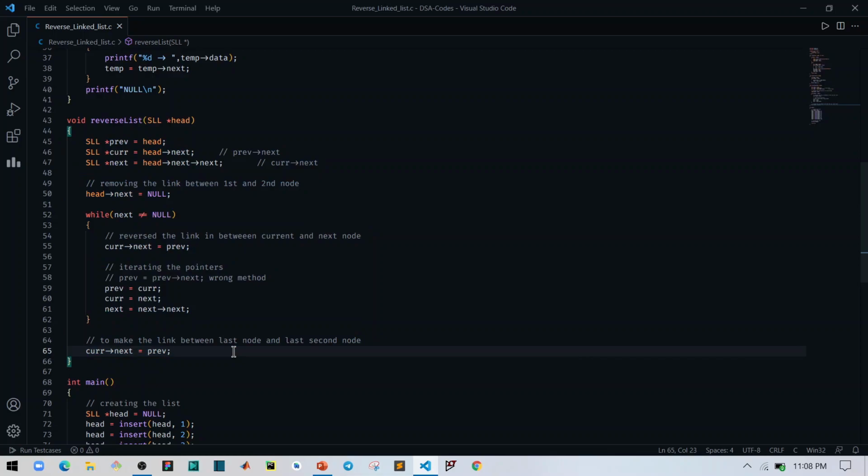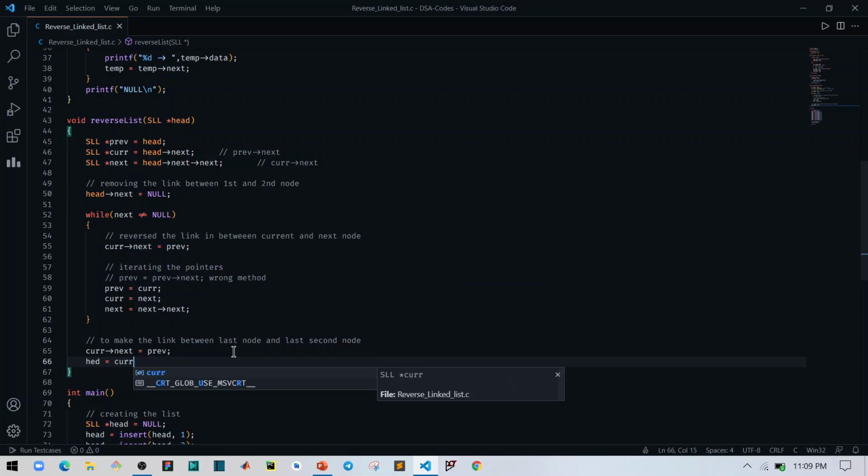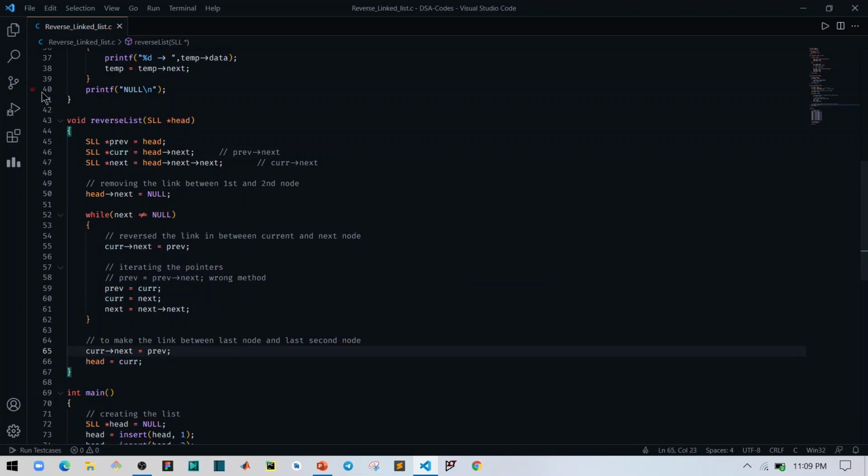but we have to make our head pointer equal to the current pointer. And one more thing, I should write it like this, because here I am also returning a head pointer.